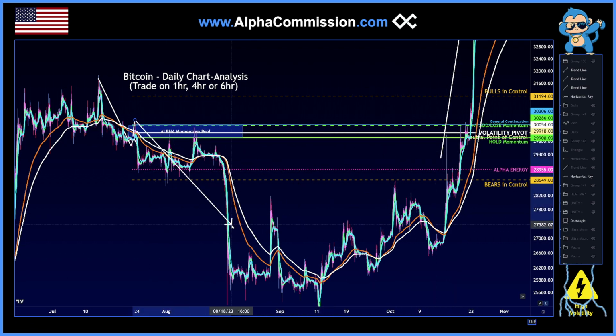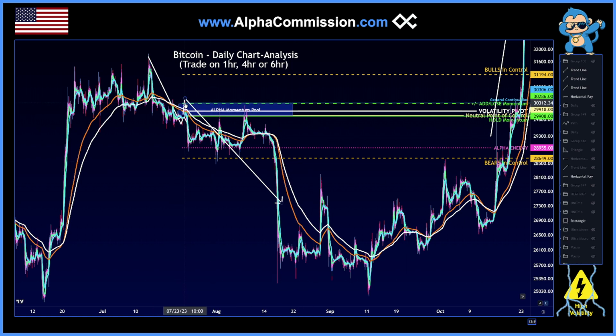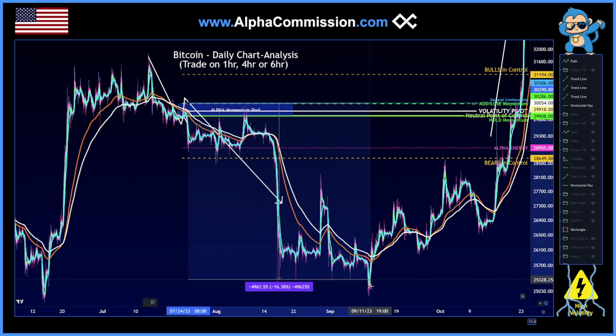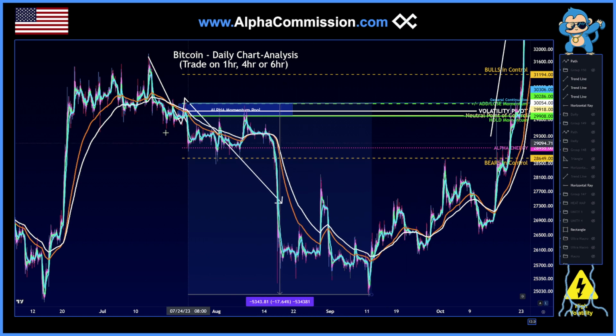But yeah, I mean this would have been a highly successful short, and just from this stupid little wick off of this momentum pool, that trade for your moon bag could have been as much as 17% on BTC. And let's see,